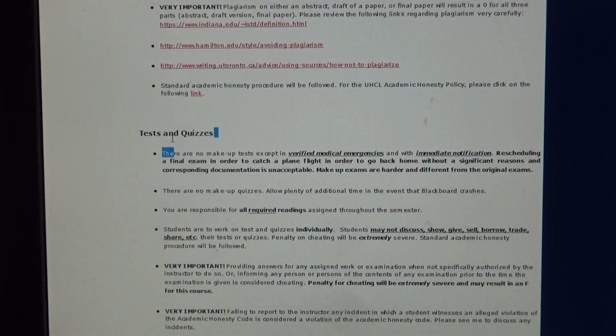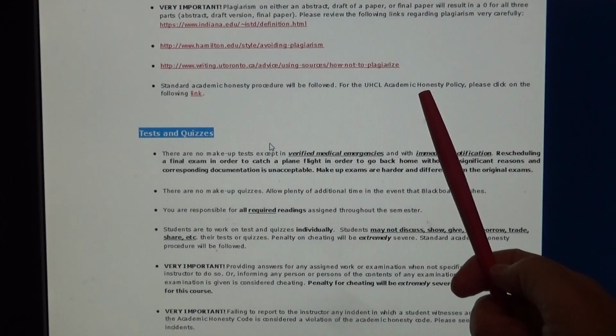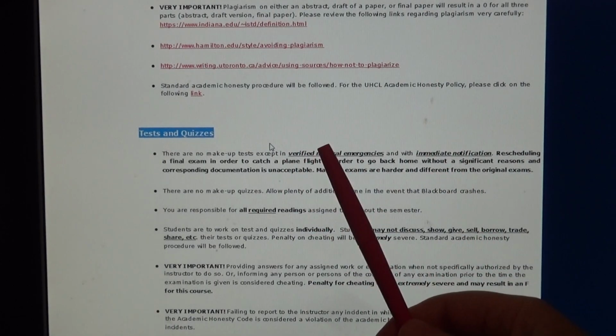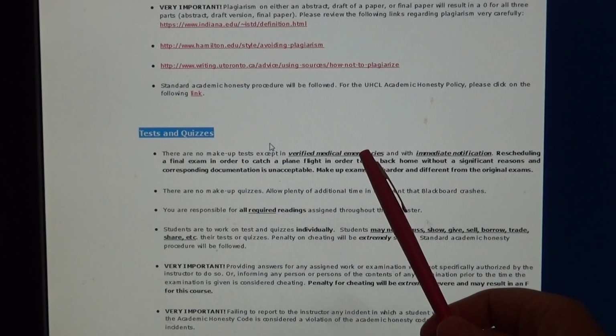In terms of tests and quizzes, in certain classes I use Blackboard for facilitating quizzes. We're not going to be doing that this semester, okay? So we're not going to be using Blackboard. There may be in-class quizzes, so be prepared. Also, in terms of exams,